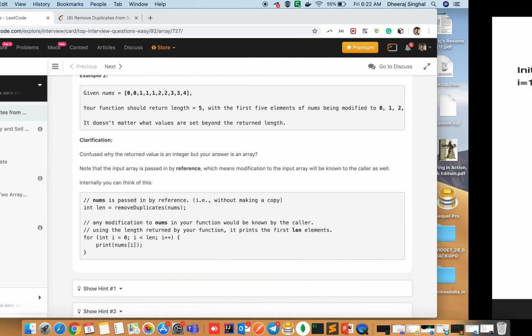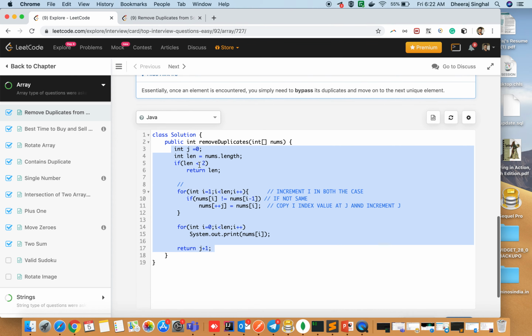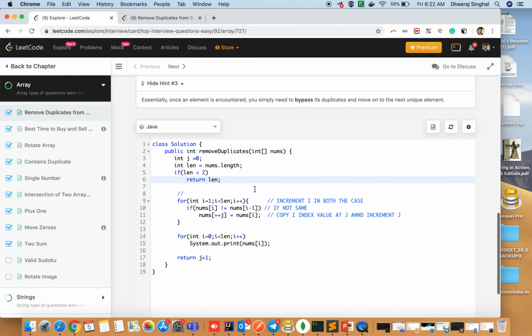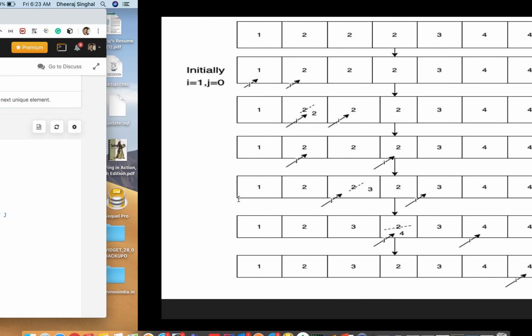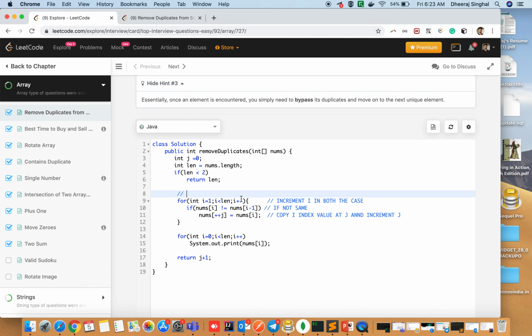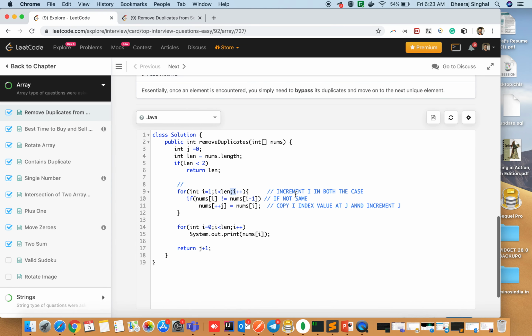We can check out the code here. Initially j is 0 and i starts at 1. In every case, whether they are different or the same, we are incrementing the i pointer. So I am incrementing the i pointer in both cases.